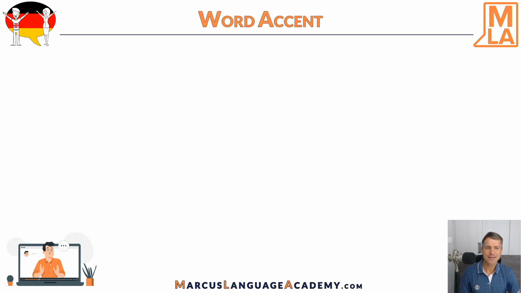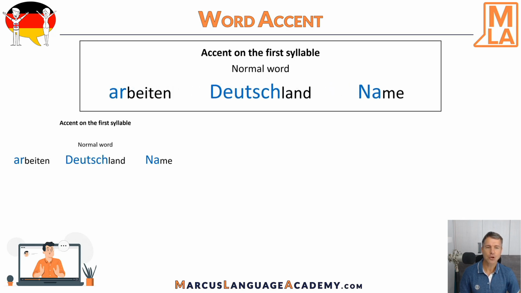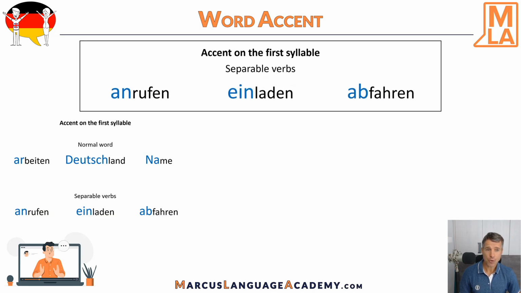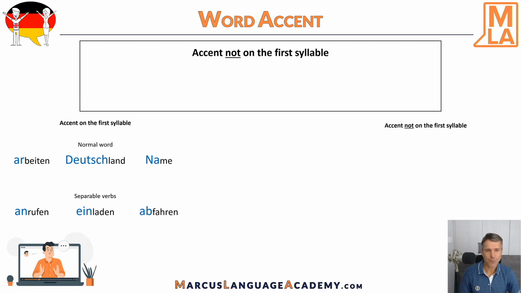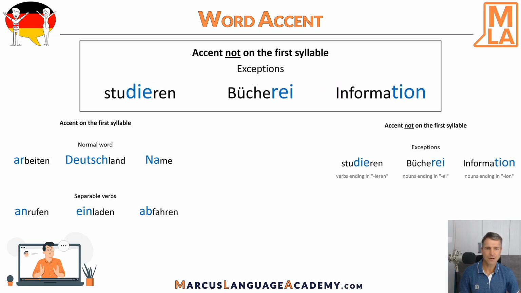And now let's see the German word accent. As a general rule, the first syllable is normally stressed, as in arbeiten, Deutschland, Name. Several verbs as well, like anrufen, einladen, abfahren. But as always, there are exceptions where the first syllable is not stressed, as in studieren, Bücherei,